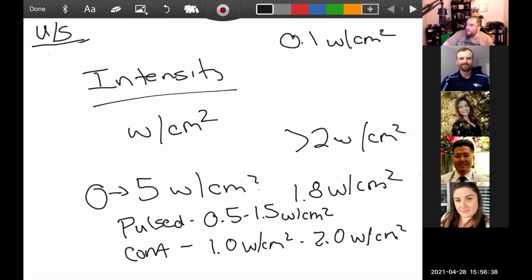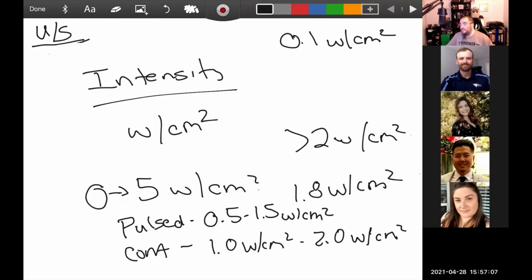But let's say I'm doing ultrasound on John and I'm doing continuous. He's got a calf injury and his calf is really tight. I'm doing ultrasound and I pick 1 watt per centimeter squared. And he's like, man, that's not feeling good. Could I turn it down? Sure. Yeah, I could go down into the 0.8, 0.5, 0.7 range. Sure, if it's uncomfortable with the patient, definitely. Or we could just discontinue it,